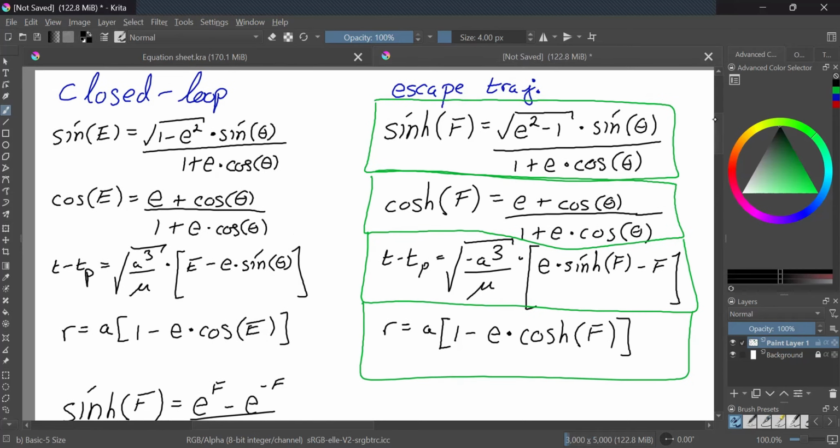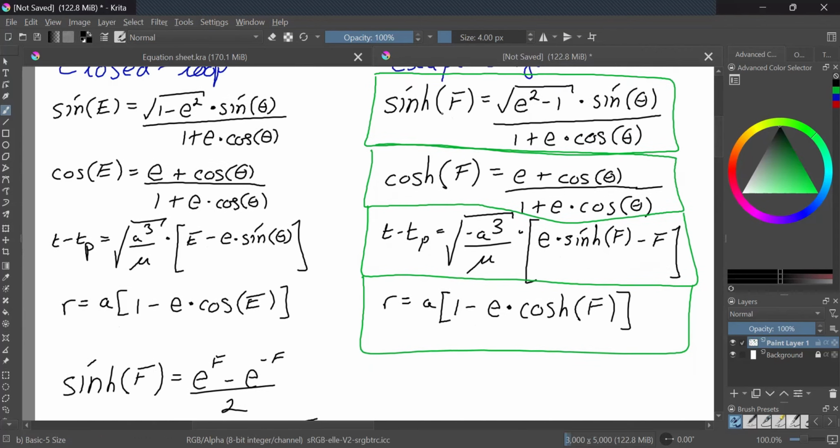While we're here, we're talking about hyperbolic trig functions. So we have a method to plug in a theta and get out a sine of f, and then we can plug in a sine of f to get a time. But as you can see, we also need regular f. So if we want to extract our f value from the hyperbolic sine,